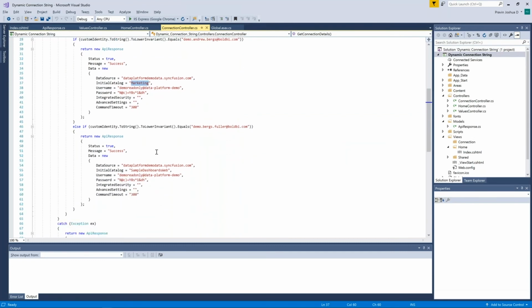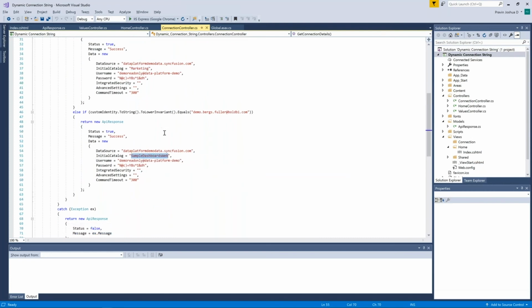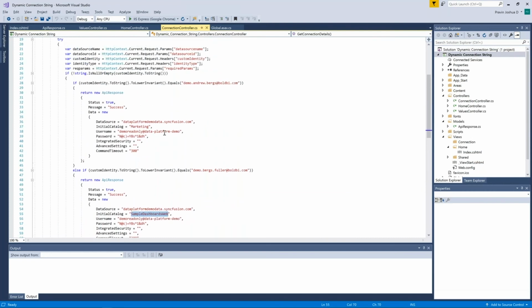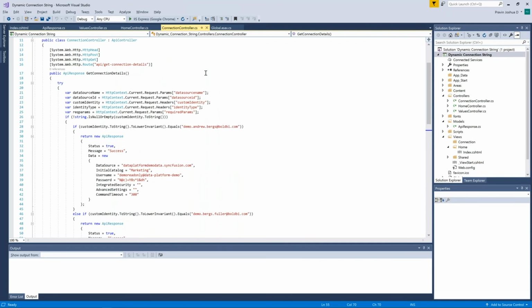And for the other user, I'll be having a different database. So you just need to prepare a web service which would return the connection details for every user based upon their identity. It could be either a user full name or an email address. Okay, so I have already hosted this web service in the cloud, and I have the URL for it.